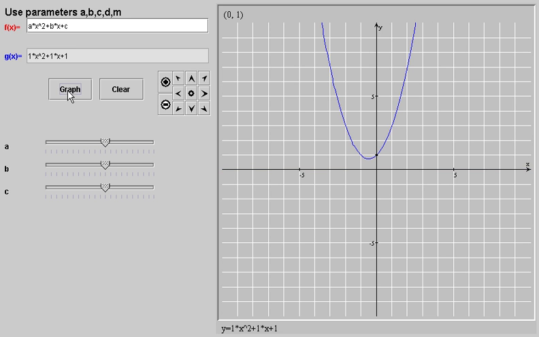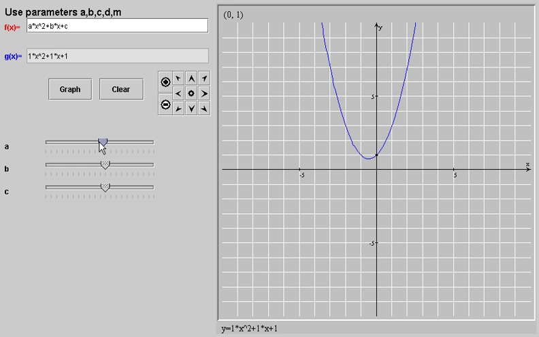So if I graph that, what's going to show is the blue thing, the g of x, graphed with the parameters a, b, and c set to constant values so that I get a graph, and sliders so that you can move the slider and change the parameters. Watch what happens when I move slider A. A is the coefficient of x squared. It's currently 1. Let's move it somewhere else.